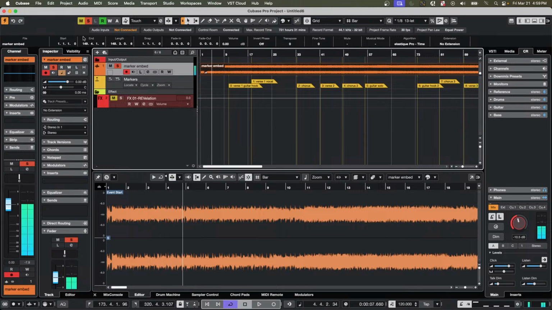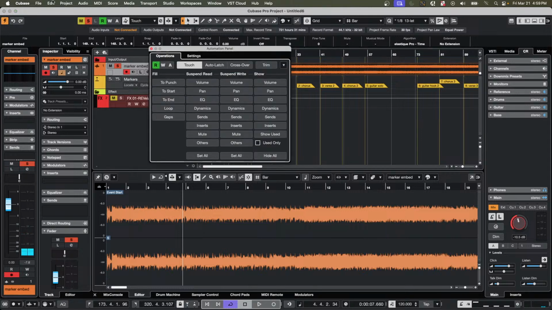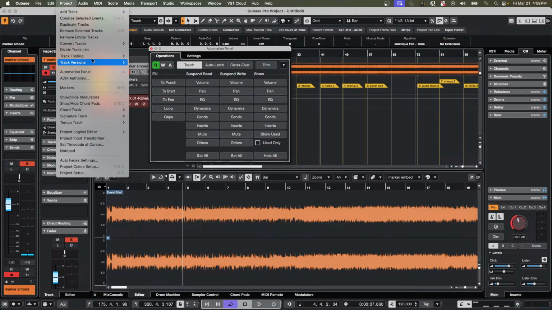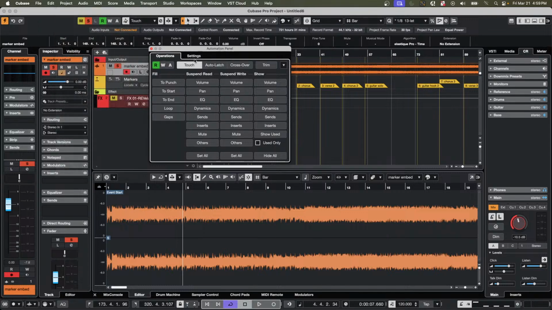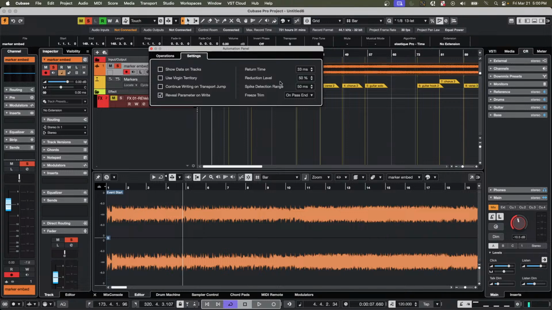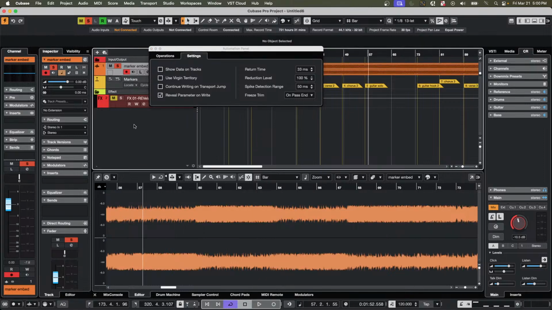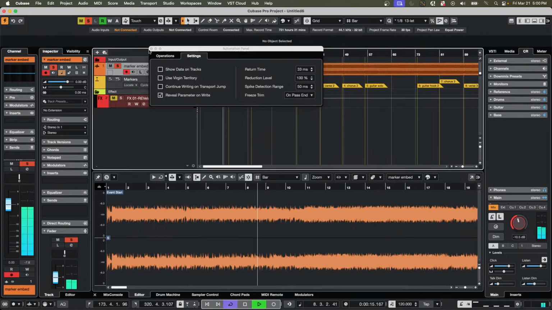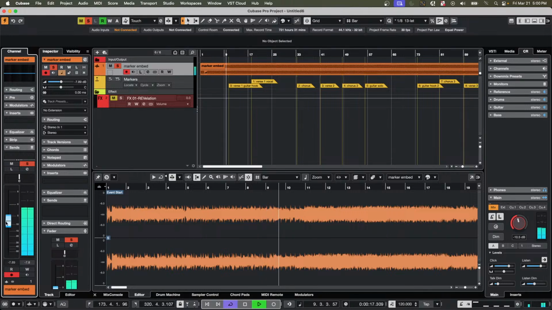If you hit F6 or go to the automation panel, which you can access from the project window as well, and go to settings, there is a reduction level. Try setting this to 100%, and then there's not going to be any reduction. So as we move, we can just immediately